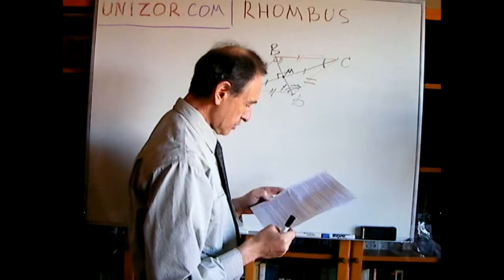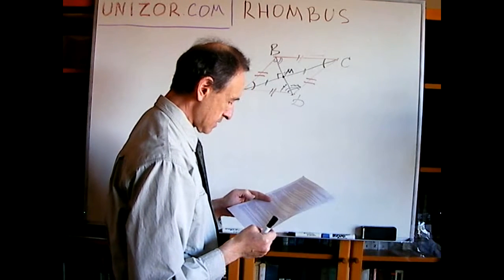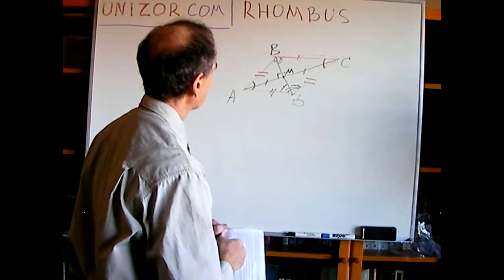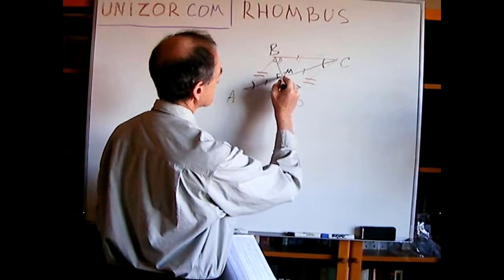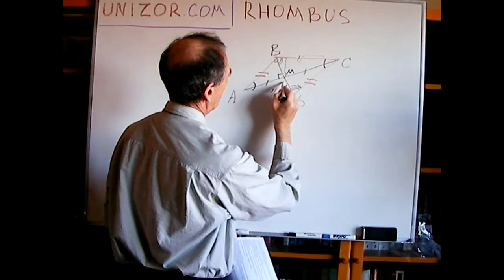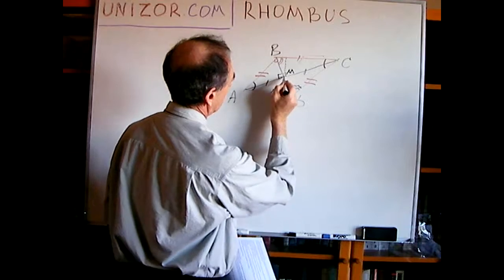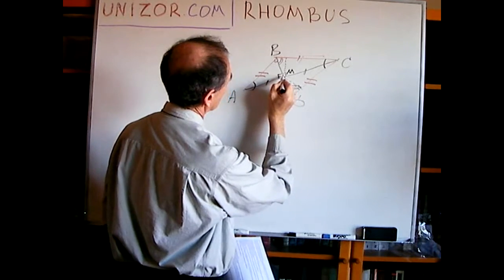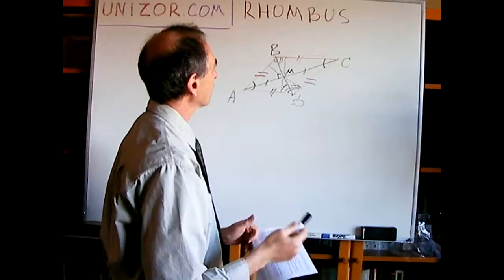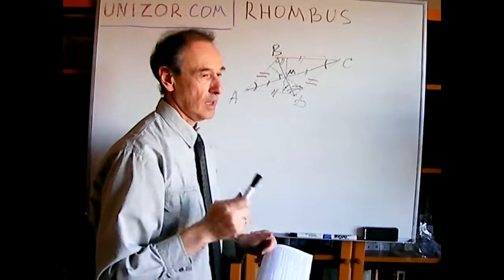Point of intersection of rhombus diagonals is equidistant from all its four sides. All right, now, what does it mean? It means that the distance from here to this side, and to this side, and to this side, and to this side is exactly the same. Now, how can we prove it? Well, if you remember,